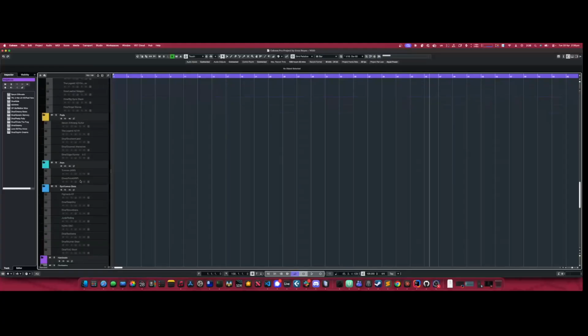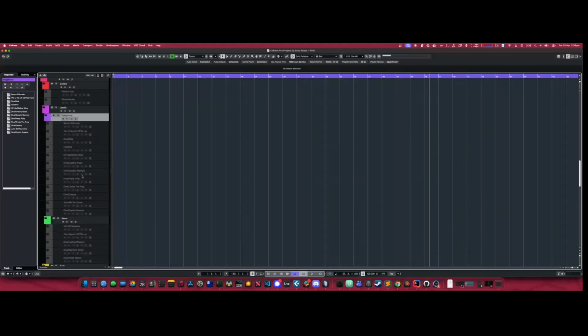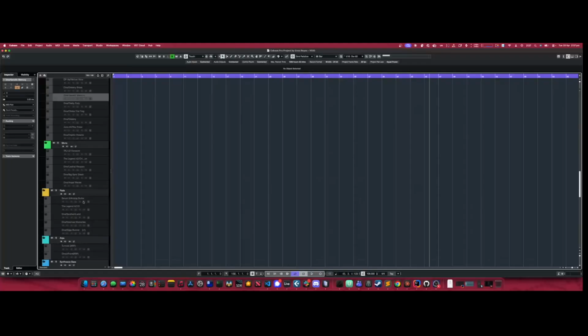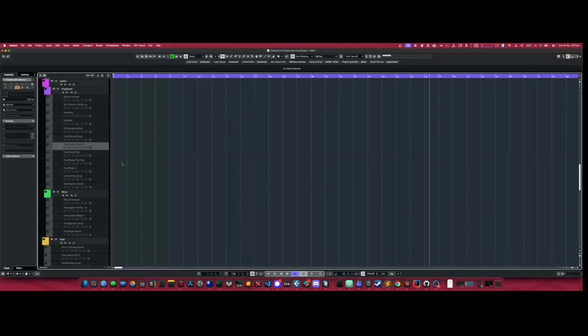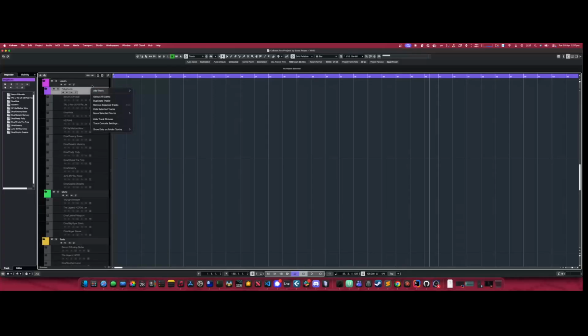The reason for that is, at least for me, I know which patch supports polyphony and which one doesn't. So I can just know, hey, this patch only does one voice at a time, therefore it belongs in the mono group. If it sits there in the mono group, then I know that if I wanted to play two notes at the same time, I have to go look for one in the polyphonic set. And again, I can just add it,